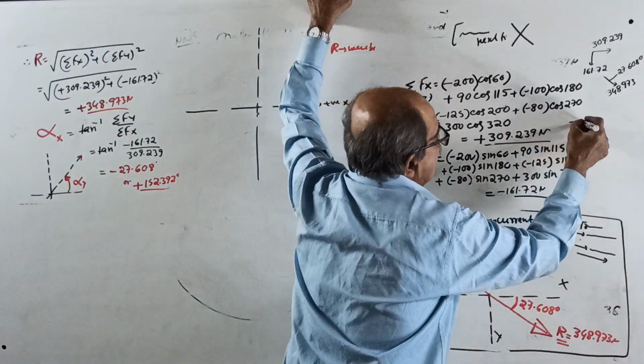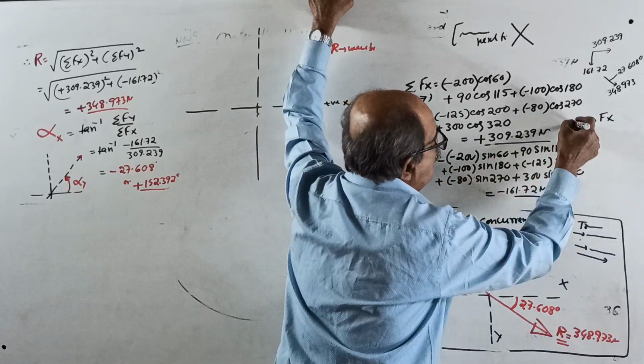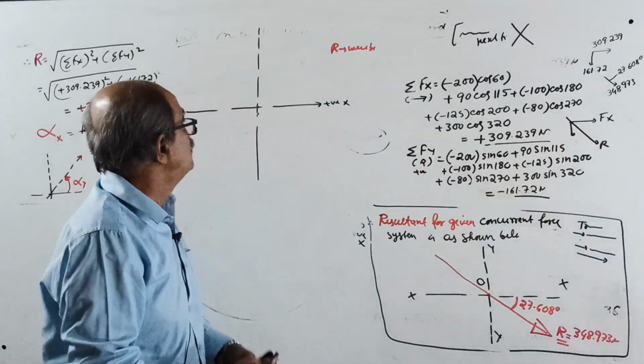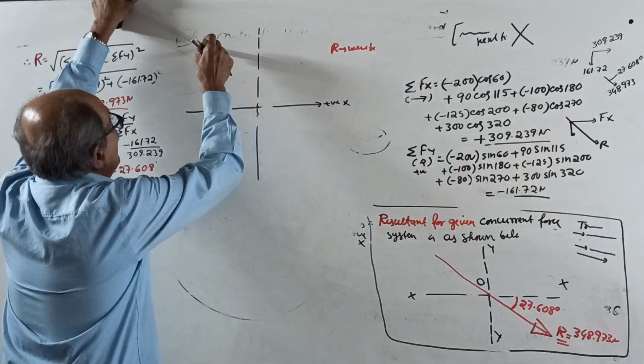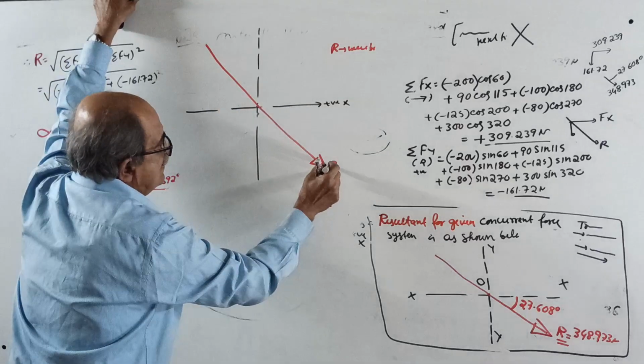What you have to remember is to make a note: sigma Fx is to the right side, and sigma Fy is negative, downward. So the resultant will come this way. That observation is required. So the resultant, you see, is the long line. This is the resultant R equal to